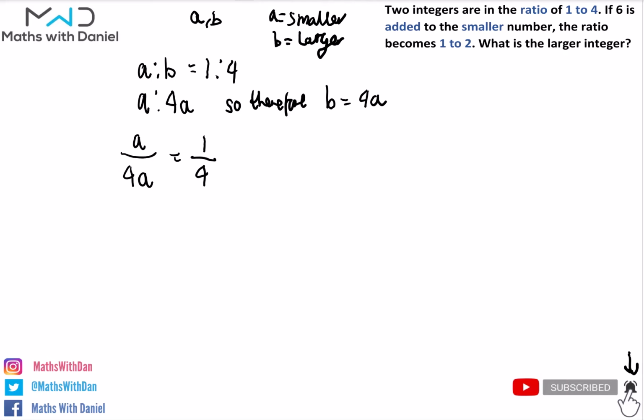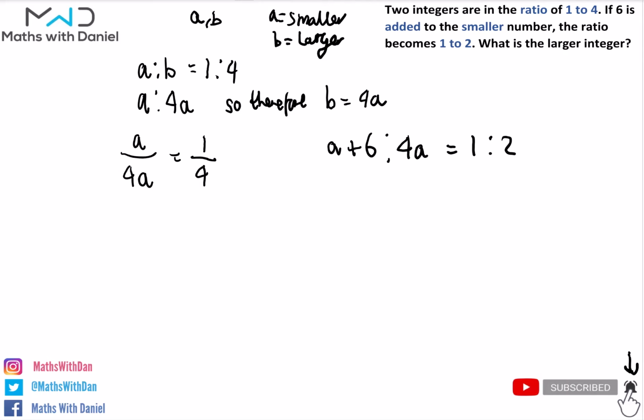smaller number, the ratio becomes 1 to 2. Okay, so let's write that. The smaller number we said was A, so if 6 is added to that, that becomes A plus 6. And nothing happens to the larger number, so we're going to call that 4A still. And this is apparently in the ratio 1 to 2,